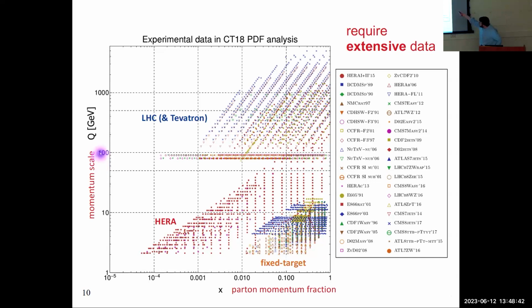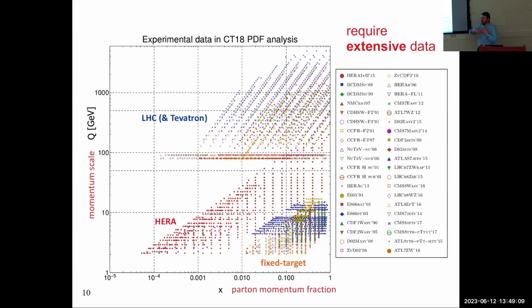And what you can see in a plot like this is that there are several dominant blocks, if you'd like. So the LHC data, including some data also from the Tevatron, can be seen, of course, at the higher energies. We have very important contingents, of course, from HERA as well, informing particularly the low X structure of the proton. And then very important too, somewhat at higher X and lower momenta, is this block of many different experiments from fixed target sources that are somewhat older data, but nonetheless very constraining.